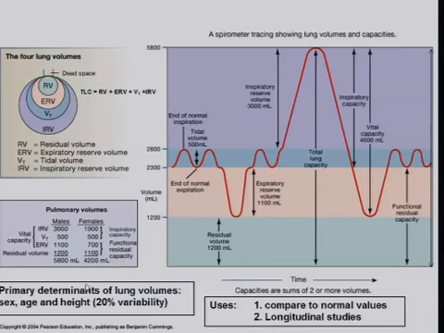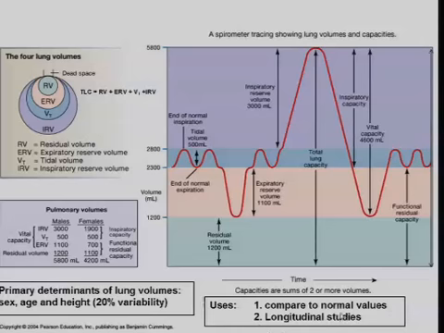And when we talk about various determinants of lung volumes, gender, age, height, there's a huge variability in what these volumes can be. These volumes that you see on here are just an average adult. Okay? So these volumes are very important, though, if you're comparing to normal values as trying to diagnose disease, as well as